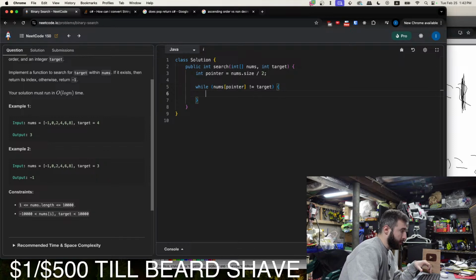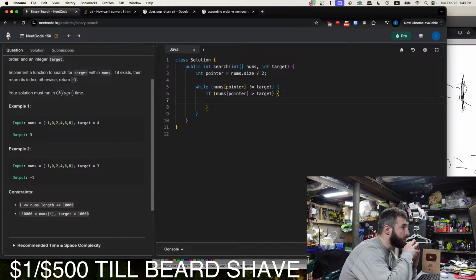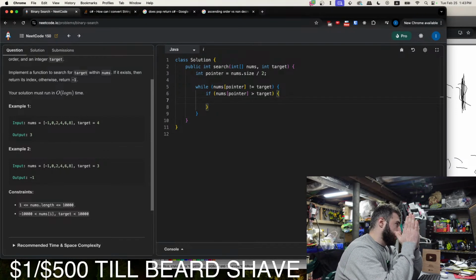So while nums pointer is unequal to target, if nums pointer is greater than target, then we want to... if we are past the target, we want to go lower. We start in the middle.